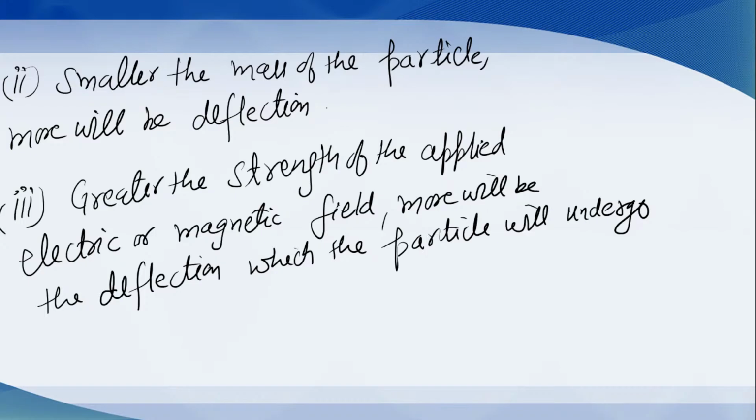More will be the negative charge on the particle, more will be the deflection. Second is, smaller the mass of the particle, more will be the deflection. And last one is that as strength of the applied field increases,